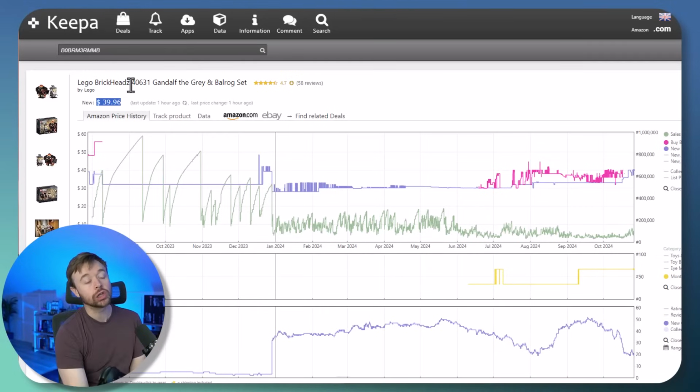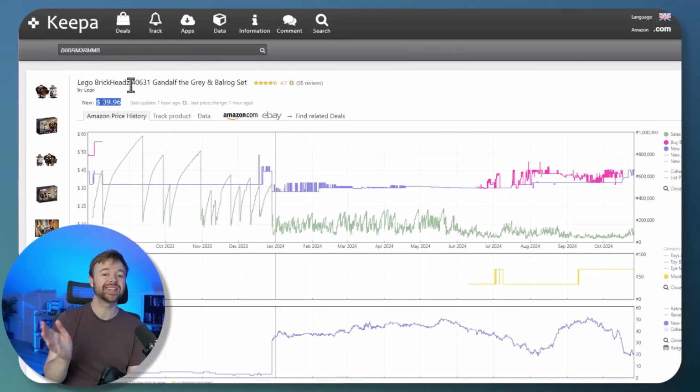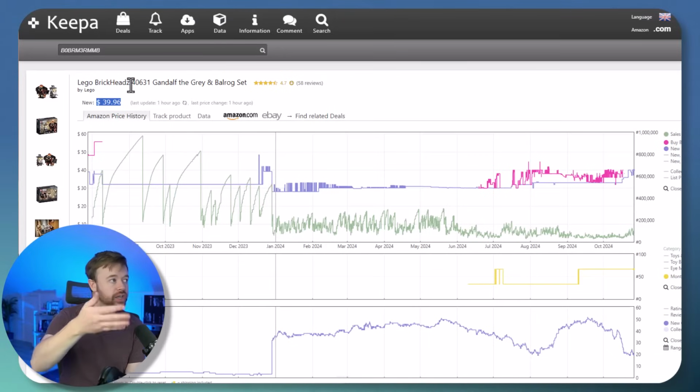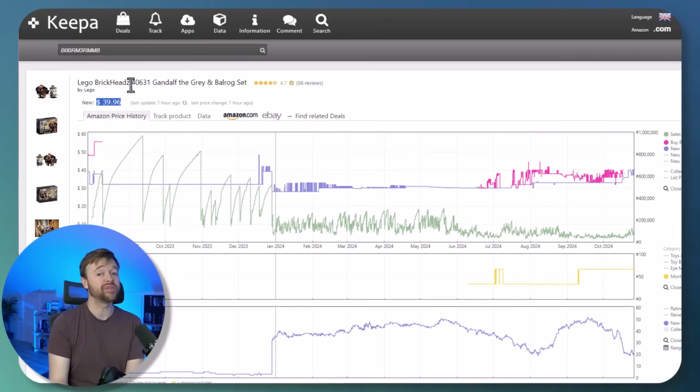Now, if you wanted a clue as to whether something is going to be a good investment or not, when you see it selling at such inflated prices before it's even retired, that's a pretty good sign. And this set is certainly going to be a phenomenal investment for anyone who picked it up. There's just no doubt about it because it's already a good investment. Even after fees right now, you're already making a 50% return on investment on this if you paid full MSRP,